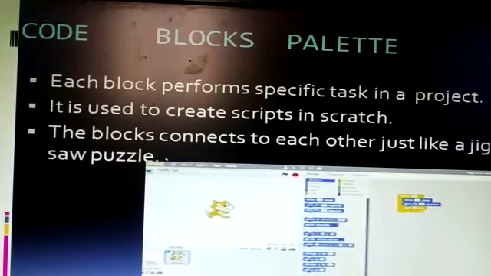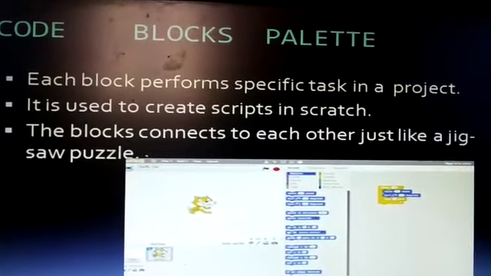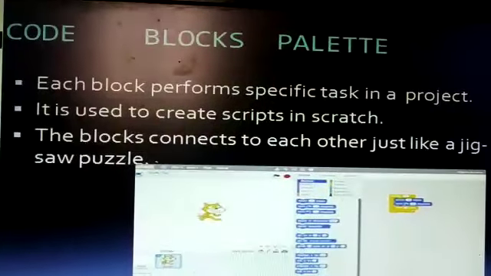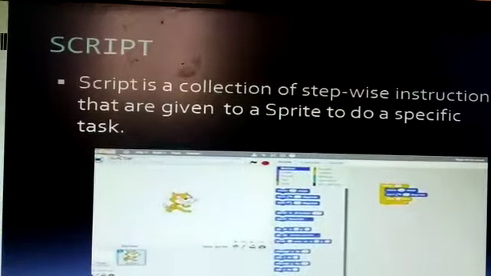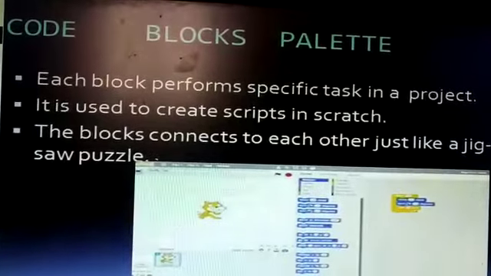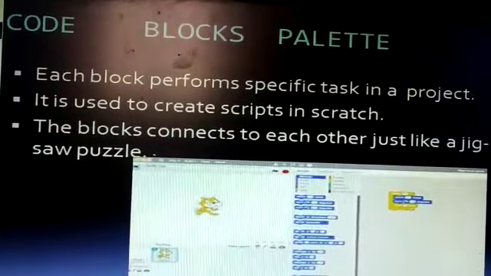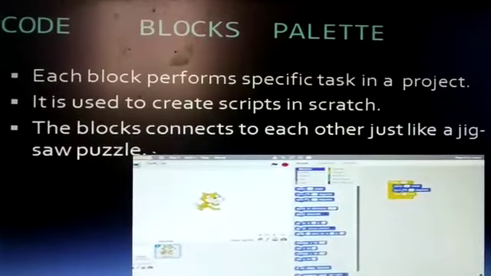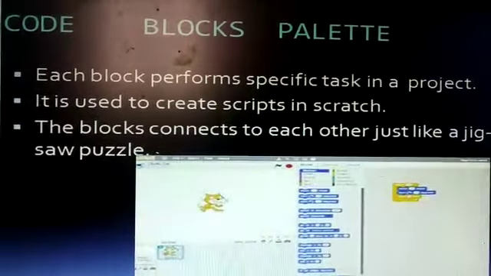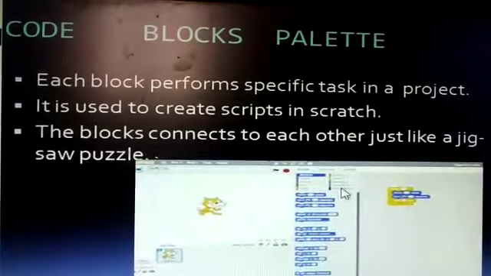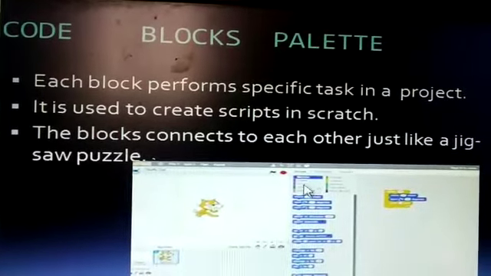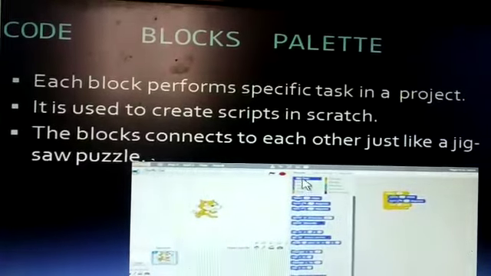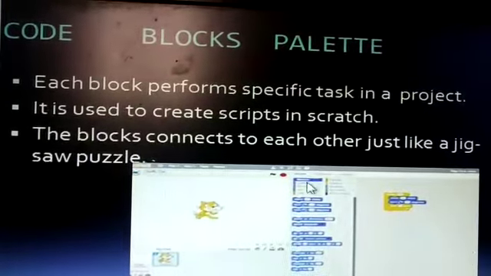The blocks connect to each other just like a jigsaw puzzle. Students, we have so many code blocks. Code blocks means these blocks. Here you can see motion, stage, pen, stamp. So many code blocks are here.